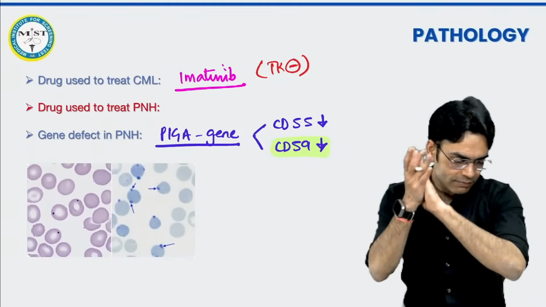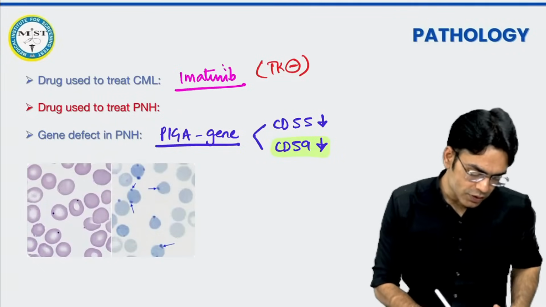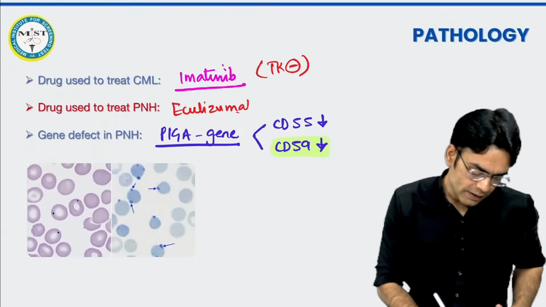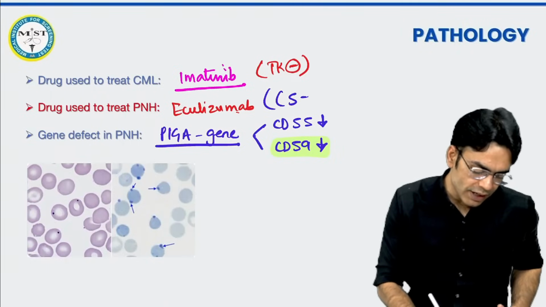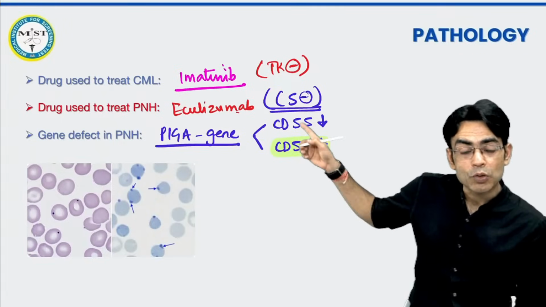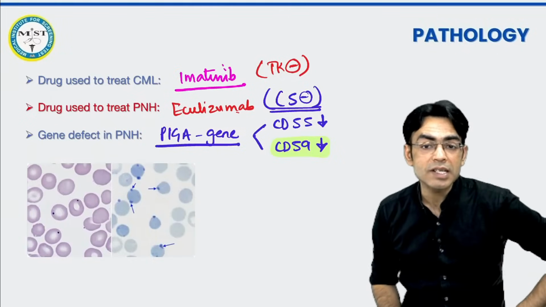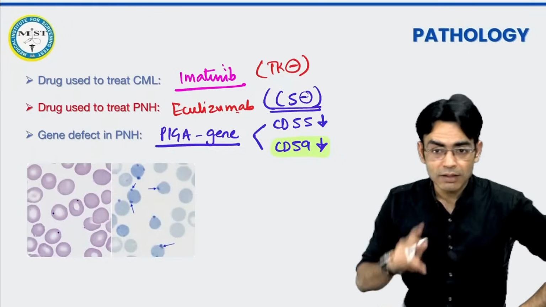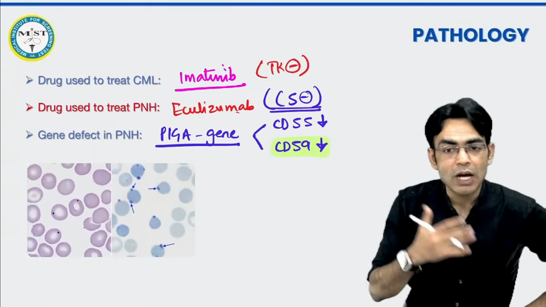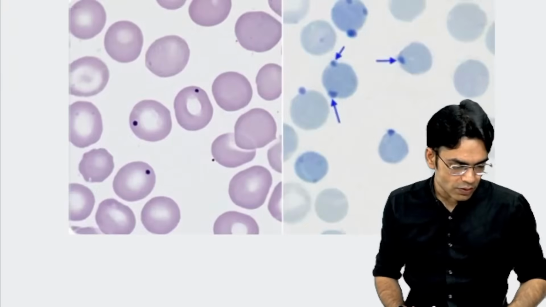Okay, now tell me the drug for PNH. Allen, Praveen, Shweta Sharma, you are right, very good. Eculizumab. What is this? Eculizumab is your C5 inhibitor, because in PNH, what happens? The protective covering over the RBC is gone, and then your complement, MAC, C5b 6 7 8 9, goes and damages the unprotected cell. So if you inhibit C5, MAC will be inhibited, so RBC damage will be gone, meaning it will be saved. Very good.